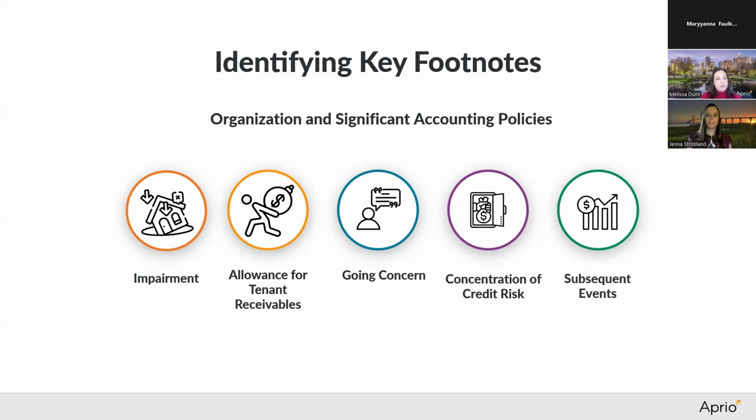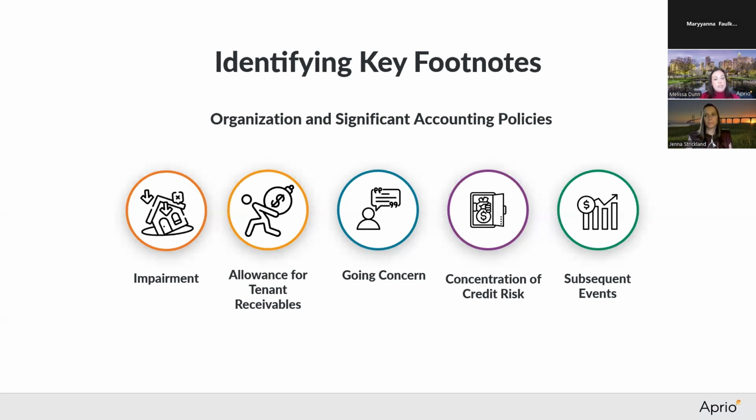Also, subsequent events. You might see this in your significant accounting policies, or it could be included as a standalone statement or standalone footnote. So this would show anything important that would be important to the reader to understand the state of the property as of the report date. So this is anything that happens if you have an audit that's as of December 31st and the final is issued March 31st. In those 3 months, did anything occur that would be important to the reader? So examples of that would be new debt that was taken out, a lawsuit settlement, a natural disaster or a fire at the project, something of that nature, changes of ownership.